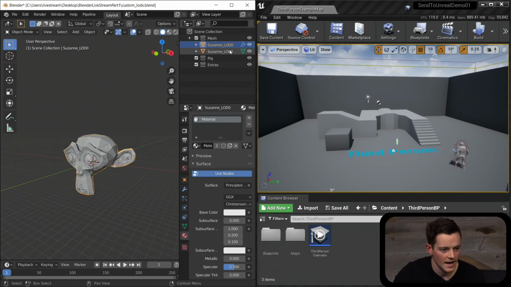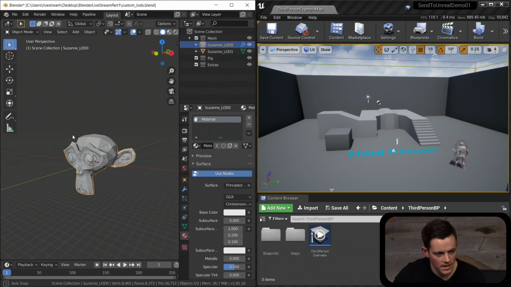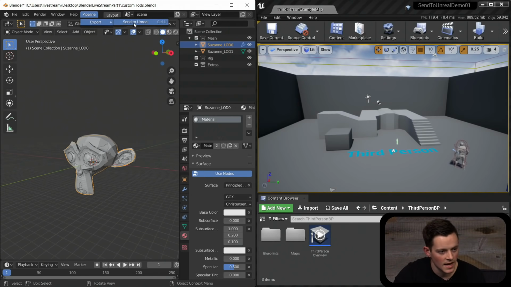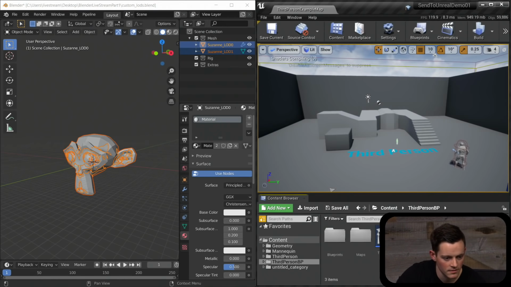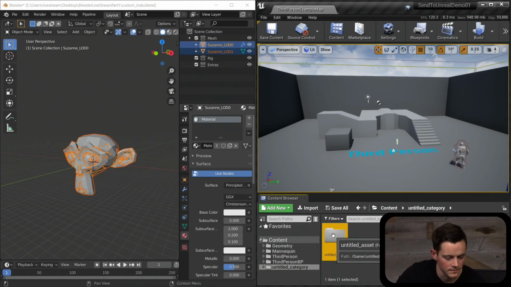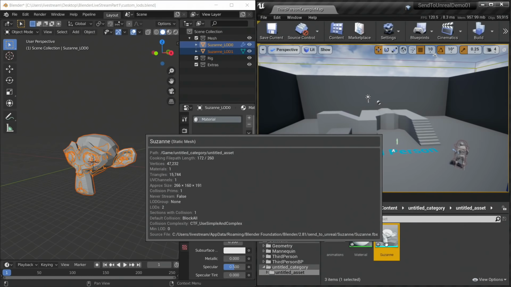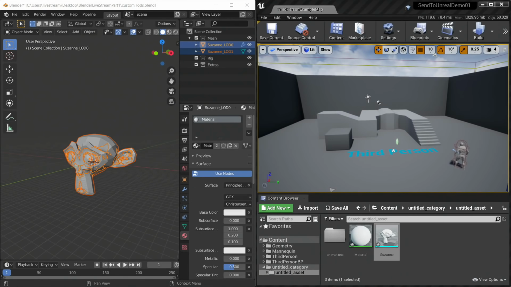So yeah, with that, I have my meshes in the mesh collection, and then I'm just going to export this to Unreal. And I'm going to go over to that folder. And so you can see here, if I open this up,